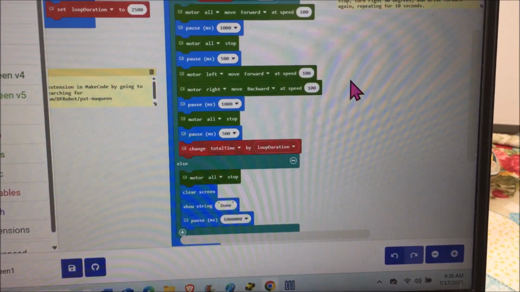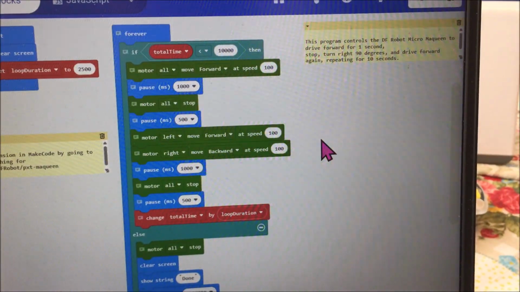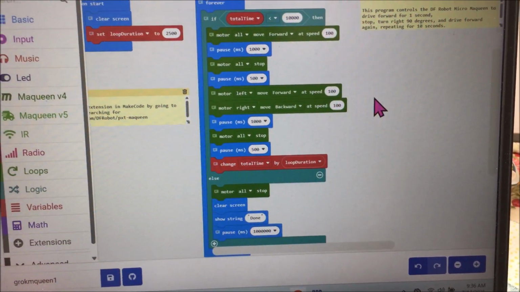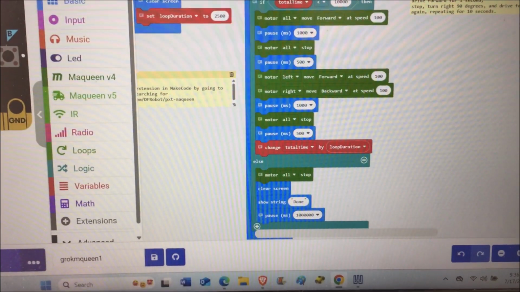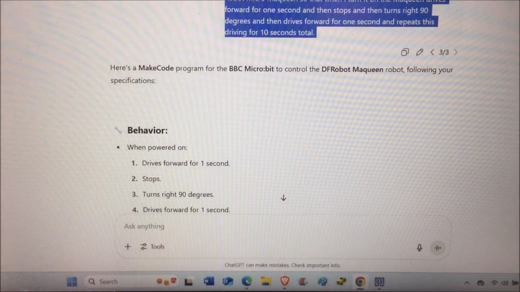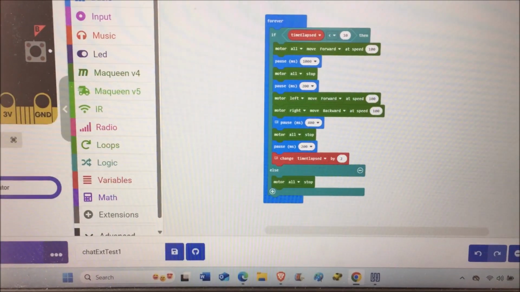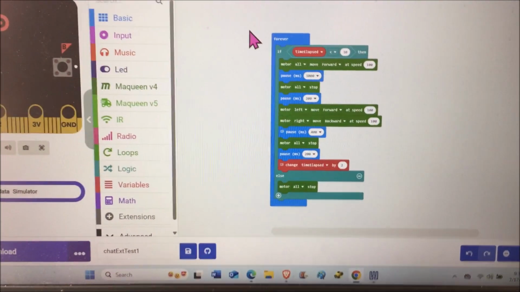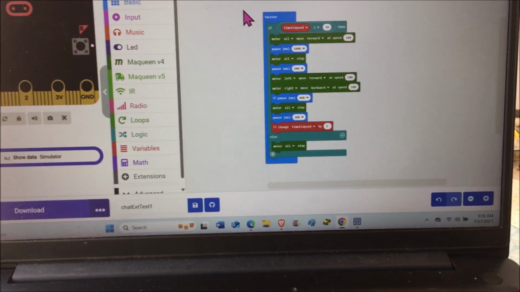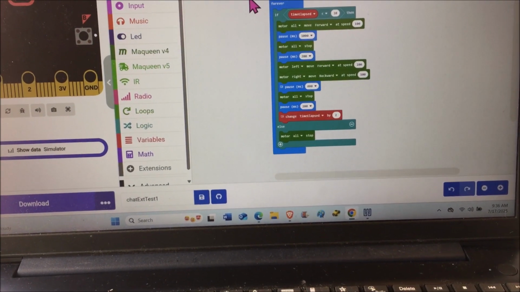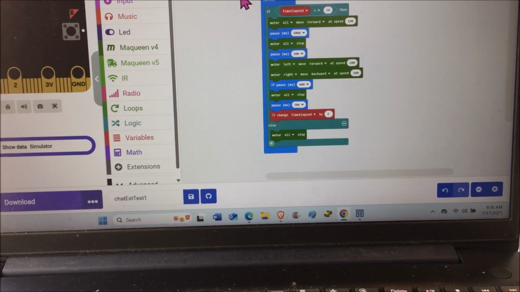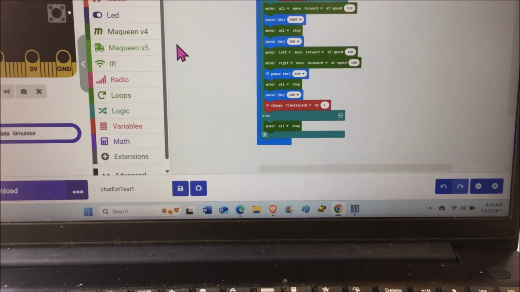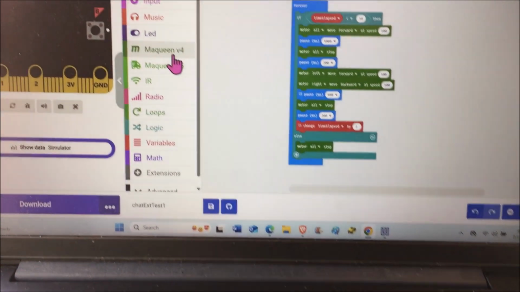Now, one final comment. Notice the difference. This is the Grok code written for microbit. It's different than the code that Chat wrote for microbit. This is Chat's code, very simple. But the final note is that we were determining sometimes the code written by these AI programs for MakeCode for the microbit using extensions, and in this case, both of them used the extension Maqueen version 4,